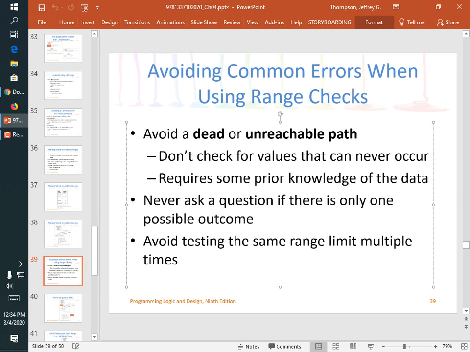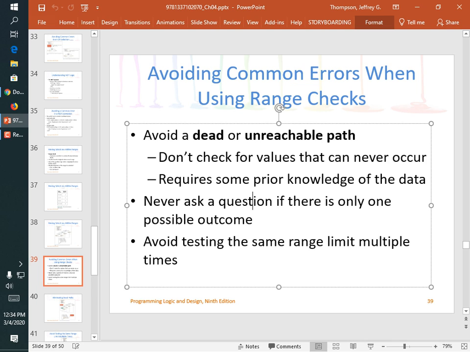So things to watch out for when looking for range checks. Avoid dead or unreachable paths. Don't check for values that can never occur. All right. Requires some prior knowledge of the data. To me, it's a useful idea to check to see if,